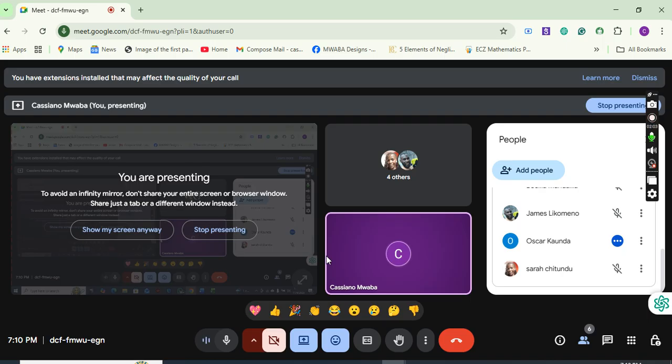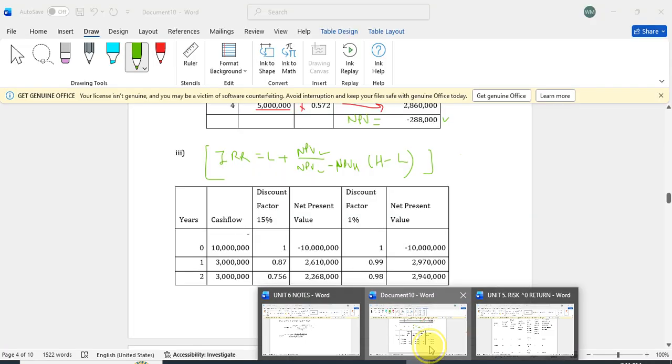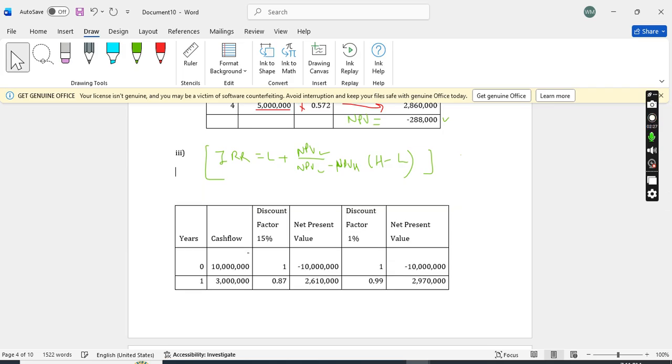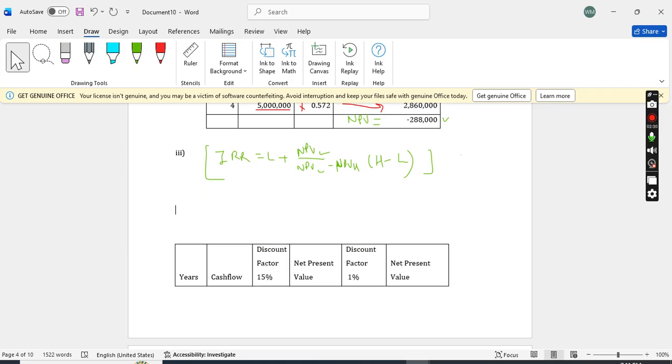Then if your first net present value is positive, it means you need to increase your discount factor so that you can get a negative net present value. Let me just type it out so that we all remember this. If you forget this, you'll get maybe another negative net present value and you see, oh, I have to change this, but that is also time in the exam. So if your first NPV is negative,